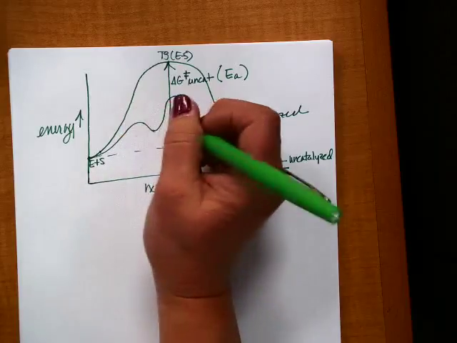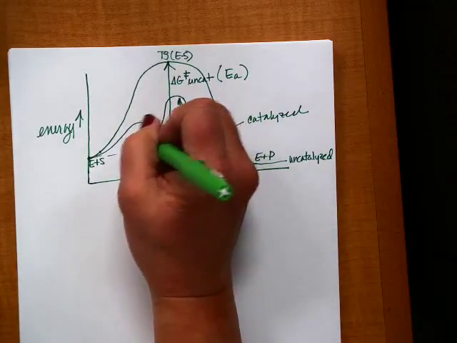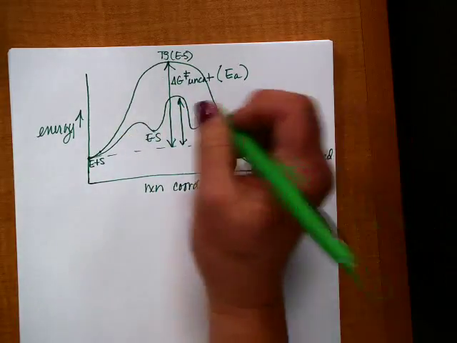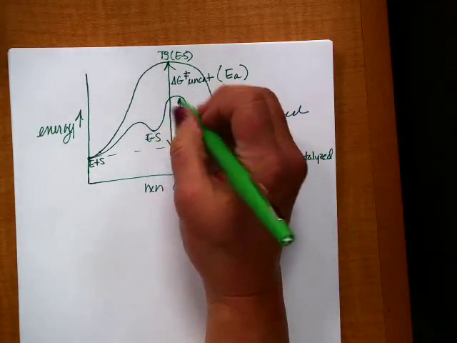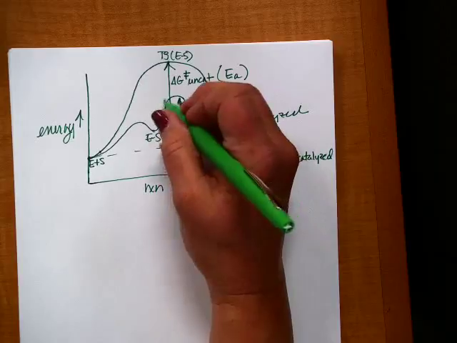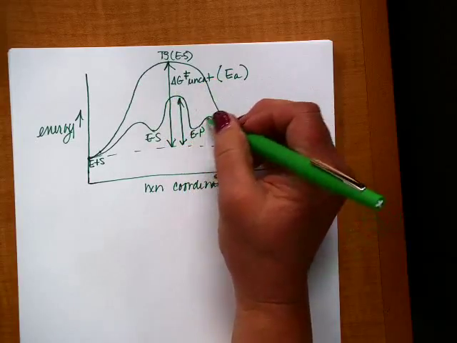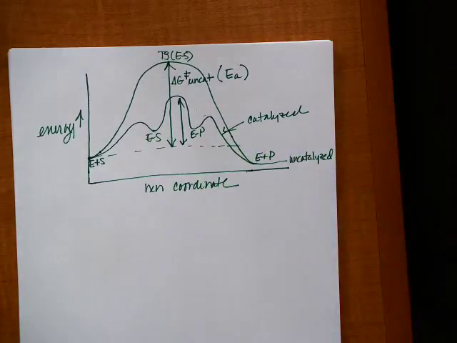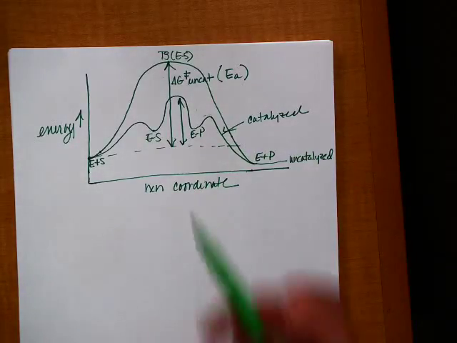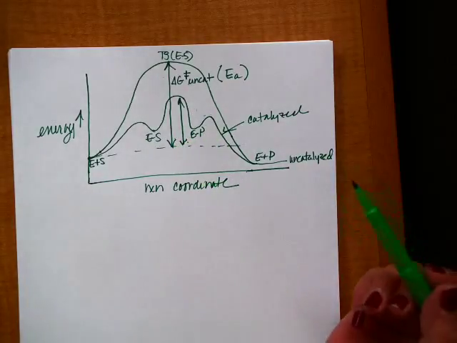And we have ES and EP, so this has been converted when we went up this hill, but it hasn't been released till we get down here. But basically the point of this graph is to show you the differences in the activation